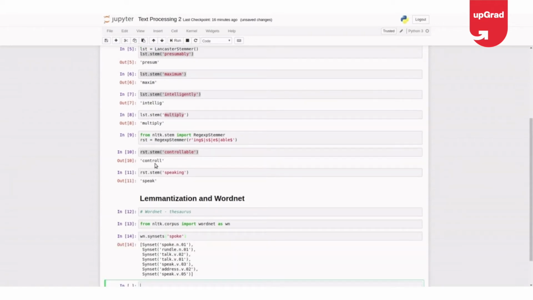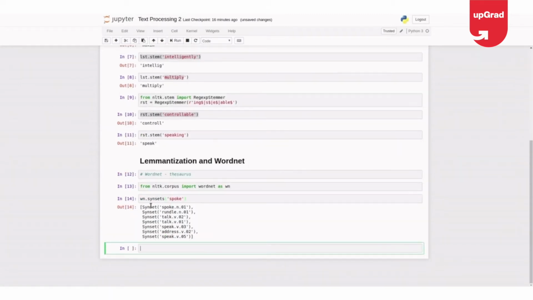Yeah, so the synsets of spoke are spoke, which is a noun, then talk, verb, talk again with verb 0.1, speak, address.